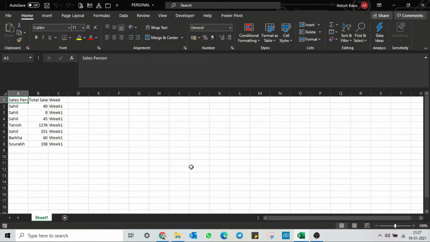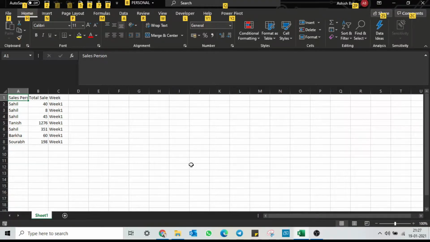Let's again press the Alt button. Let's say you want to apply conditional formatting. The first option is to use your mouse. But to increase productivity, you need to learn the shortcuts. Let's see how you can reach conditional formatting. Since this is in the Home tab, we need to enable the Home tab. So I'll click H.